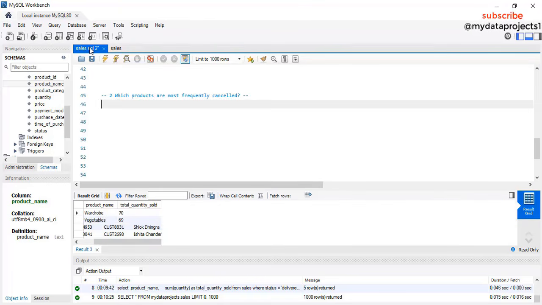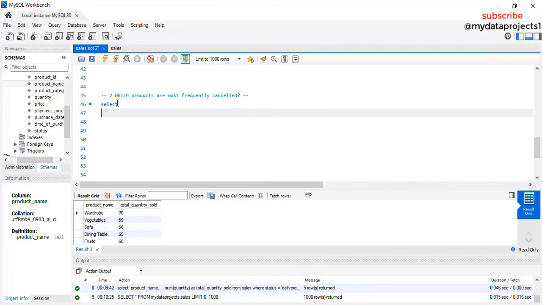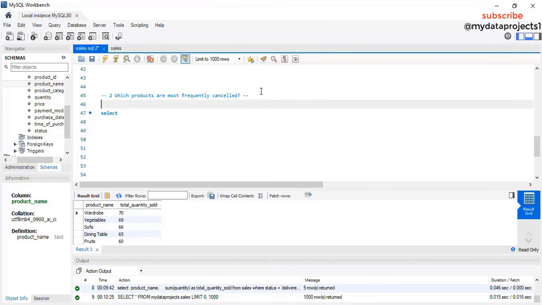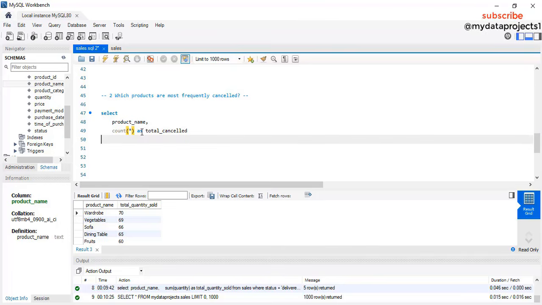So you select product name, then you count all as total cancelled from sales,